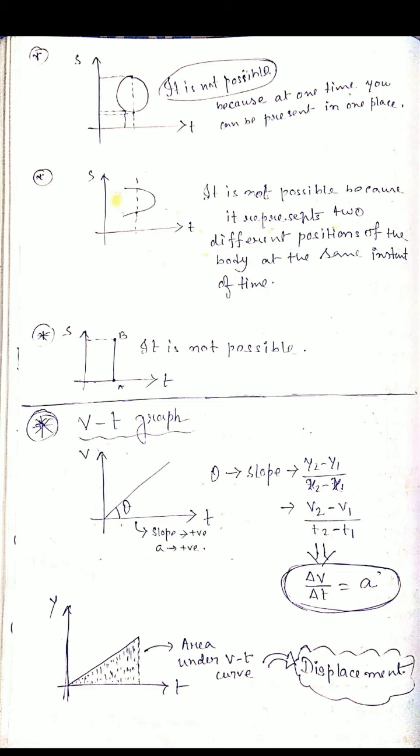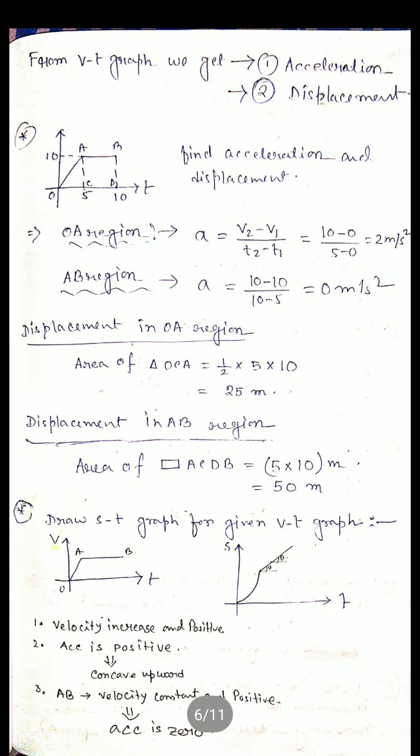Okay, in the first figure you see that the value of theta is less than 90 degrees. If theta is less than 90 degrees, we know that velocity is positive. If velocity is positive, acceleration is also positive, because the change in velocity is in the direction in which we apply the force. So acceleration will also be positive. Clear?